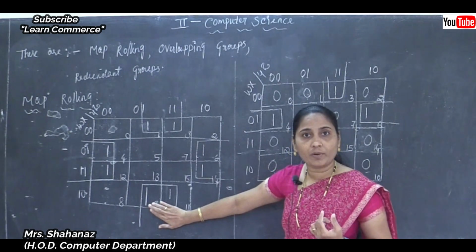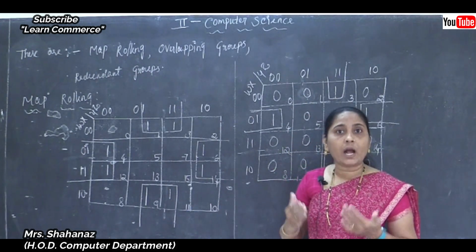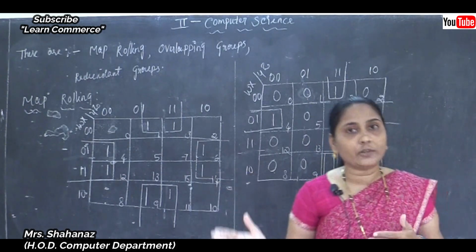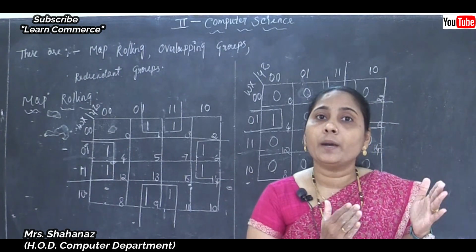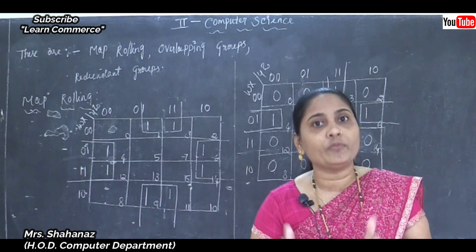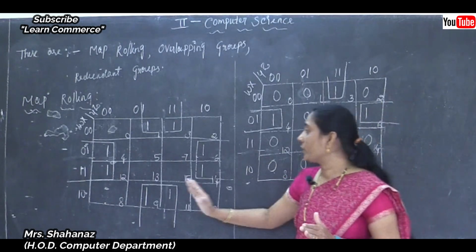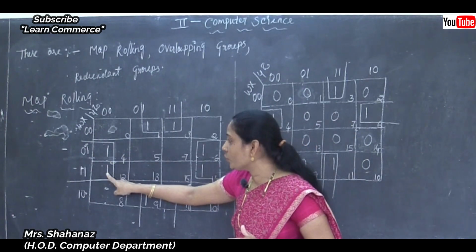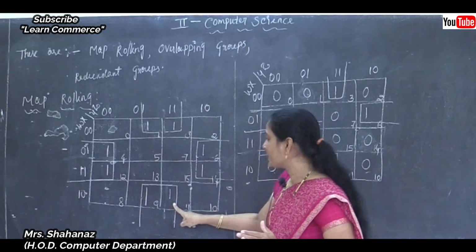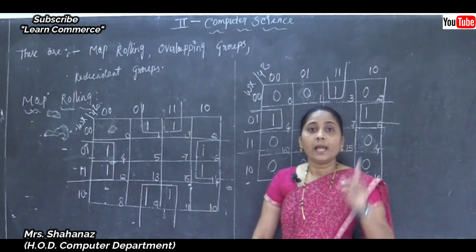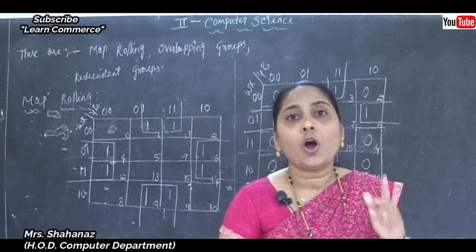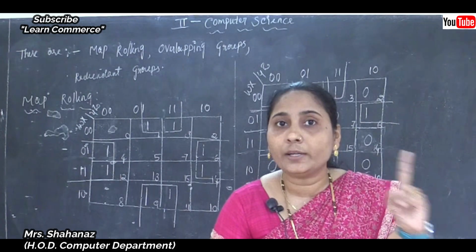That means we look at how many ones are there, and which kind of group we are accepting, whether it is a pair group, a quad group, or an octet group. So here, in total, how many ones are there in this example? 1, 2, 3, 4, 5, 6, 7, 8. So that means 8 ones are there. That is equal to which group? That is called an octet group. Okay, here 8 ones are there.